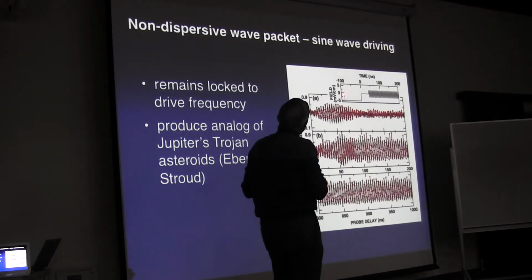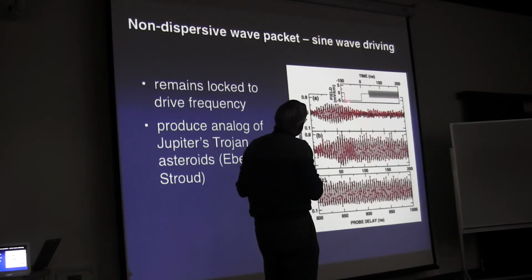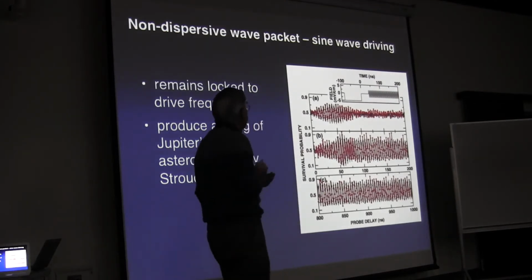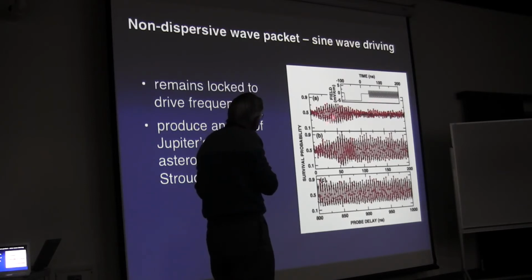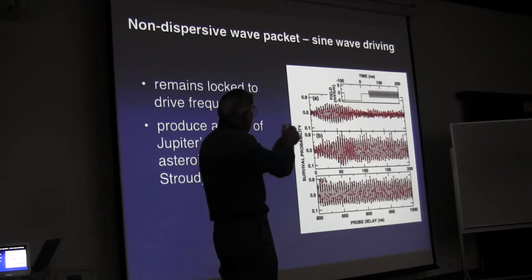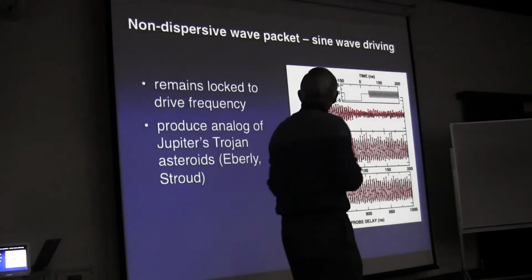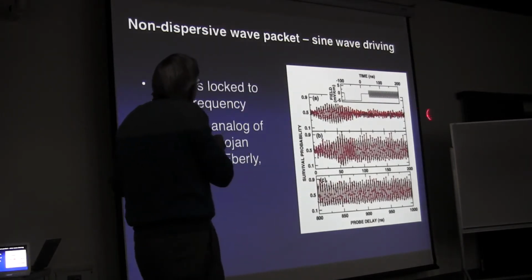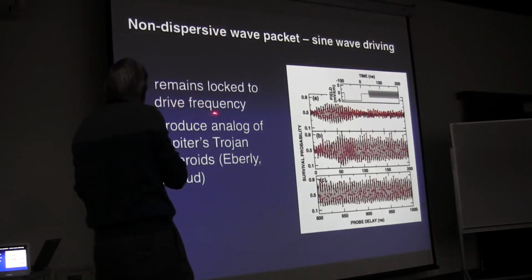So the protocol we use is, here's our pump pulse. We take a quasi-1D atom, we pump it, we make it circular, we let it localize, and then we start driving it with a sine wave at the Kepler frequency. And what you see, if you don't do that, is again, you get this transient localization of the wave packet, then it spreads out, delocalizes. When you start kicking it, at the time of optimum localization, you see strong oscillations, meaning strong localization for long periods of time. Okay? So the state remains locked to the drive frequency.